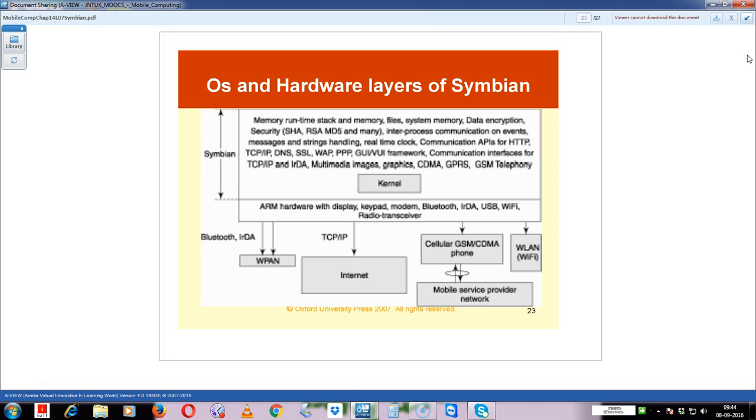Communication APIs for HTTPS, TCP/IP protocol for your IP networking, IrDA for your infrared, multimedia, images, graphics, CDMA technologies for your cellulars, GPRS, GSM telephony. So all these technologies it will manage in your kernel. All these functionalities should be there in your kernel. These are some subsystems, you can say. Then below the kernel you will have your hardware. Hardware in the sense we will have the ARM processor, the ARM CPU, and with that we will have some display, we will have